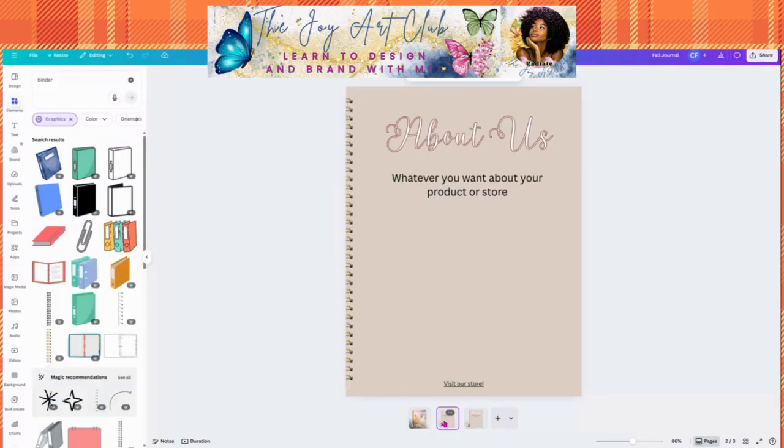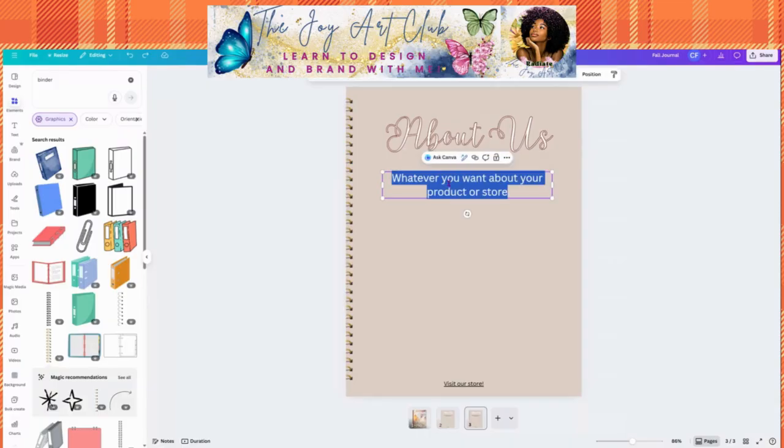All right, so now this is the third page now. The second page is where we added the information. This is what we're going to talk about, our store, things, whatever you want to include in the information in the journal. On the third page, we are going to make this, you ever seen those pages where it says this journal belongs to? So that's what we're going to do. Uh-oh, what did I do there? Let me undo that. Okay, let's click in here and let's type this journal